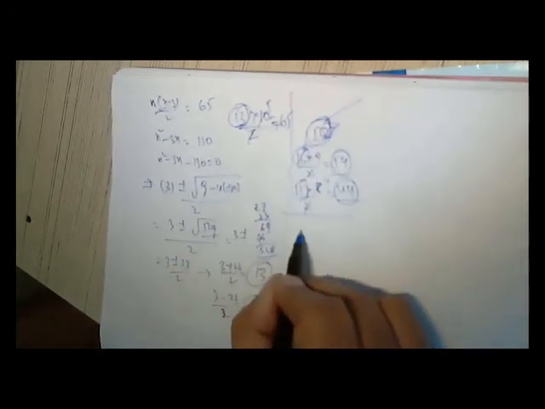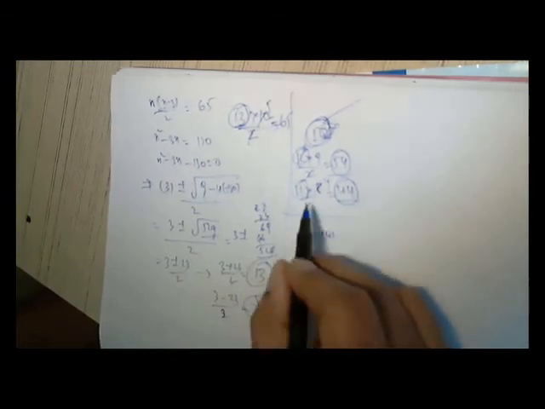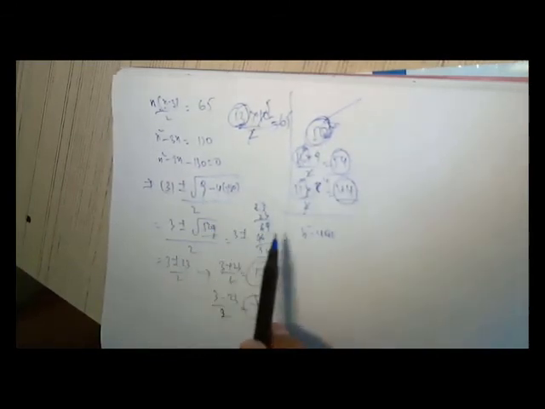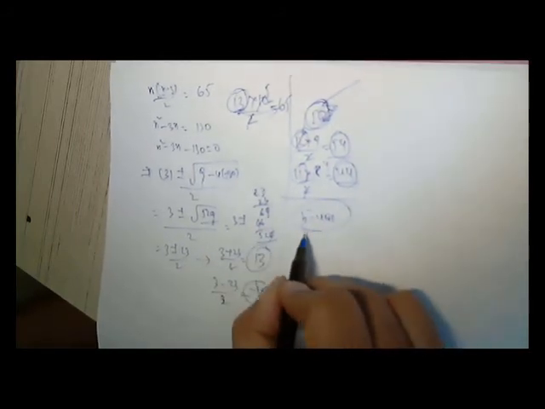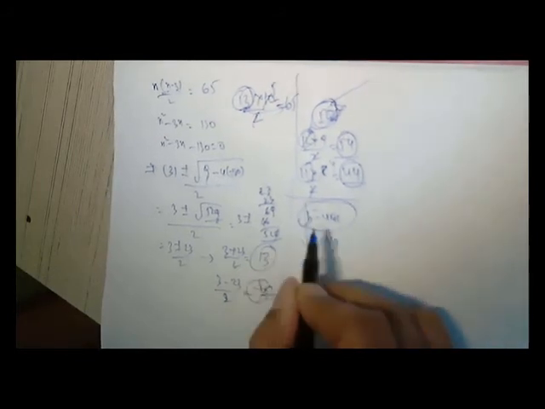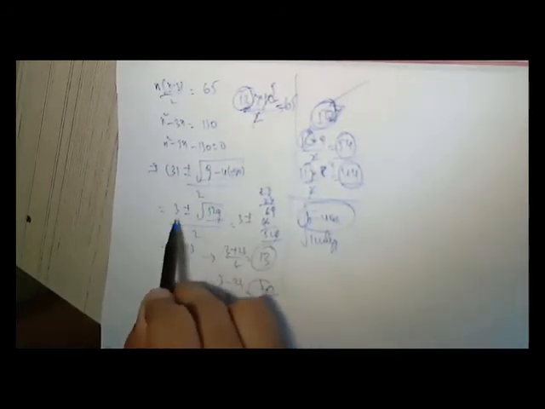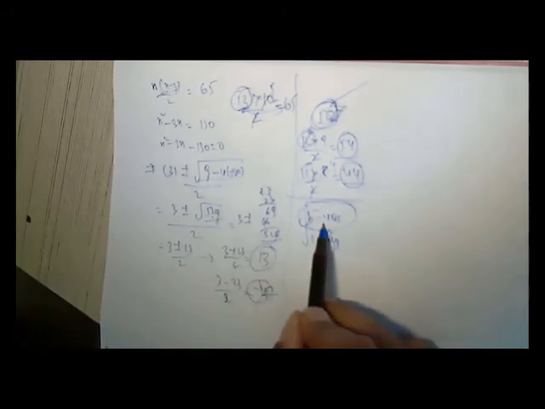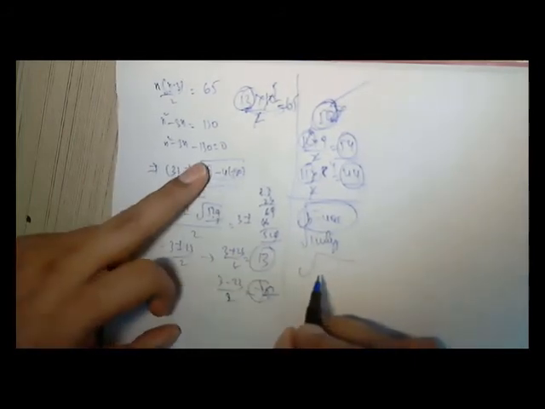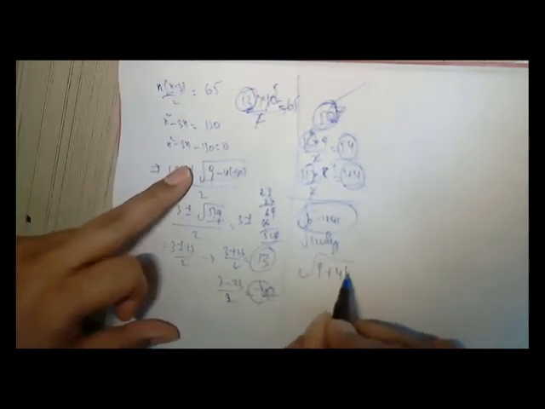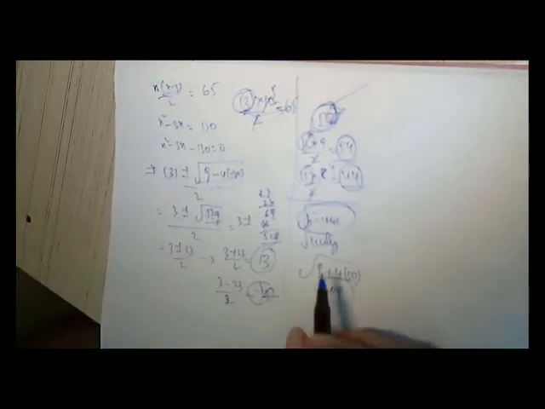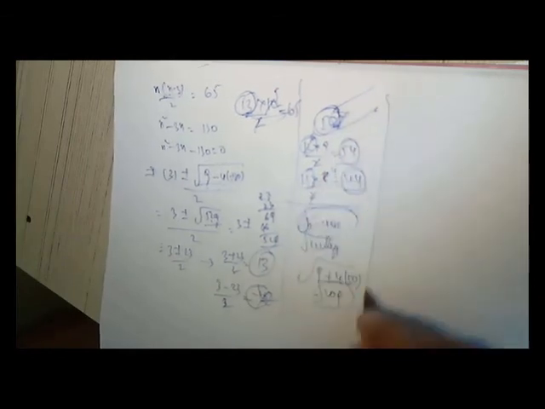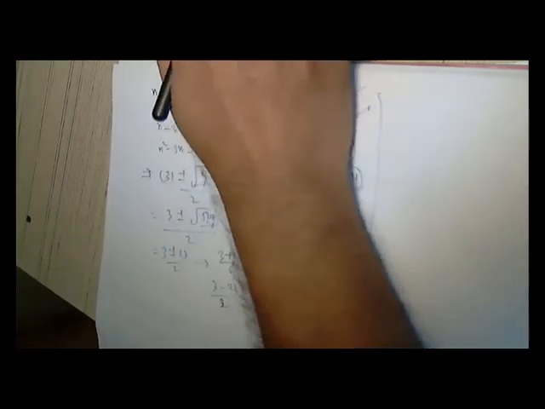But we can prove this. b square minus 4ac will not come as a perfect square here. It is not a real root, it is not a pure integer. The square root of b square minus 4ac should be a pure integer, then only we get an integer number. But this is not a pure integer. Let us see what b square is. b square is again 3 square plus 4 into 50, so 209. Root of 209 is not a perfect square. So we will not have a polygon with this many diagonals.